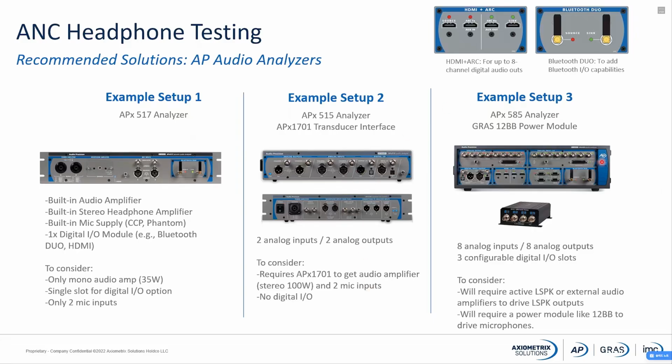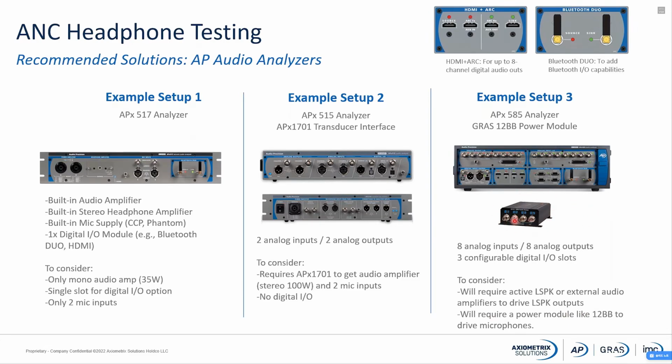And then if we need more channels, we can consider a setup like the third setup, with the APX 585 analyzer and the GRAS 12BB power module. With a setup like this, we are getting 8 analog inputs and 8 analog outputs, and we also get 3 slots for adding digital input-output modules. So here we need to consider the following: that we will require active loudspeakers or external audio amplifiers, because this module doesn't have a built-in power amplifier like the 1701 or like the 517. And that we will require a power module like this, like the 12BB,